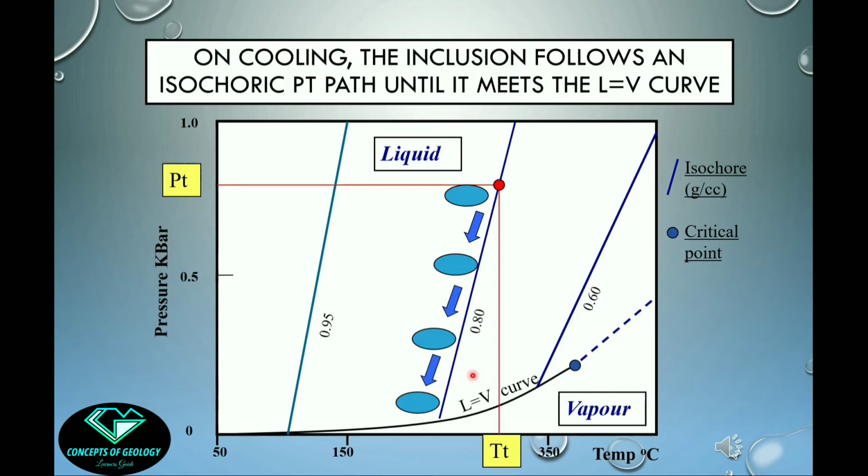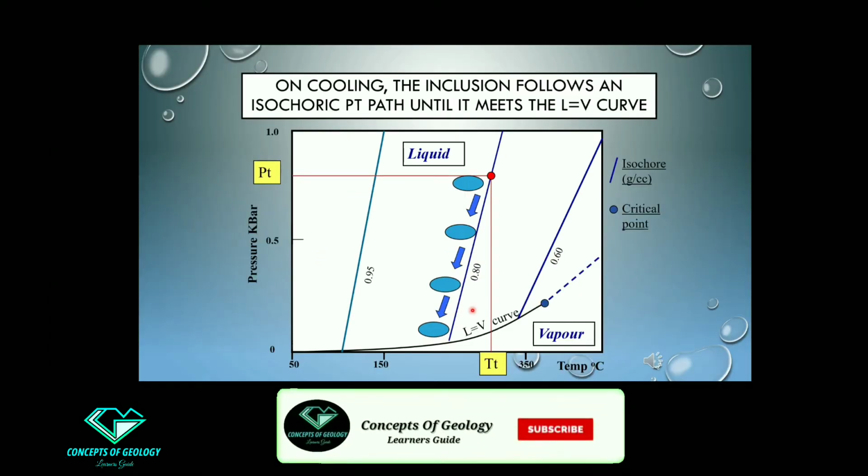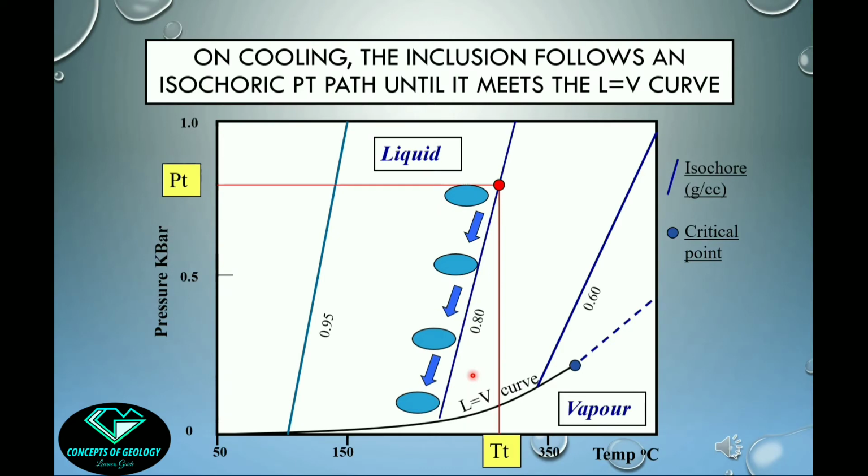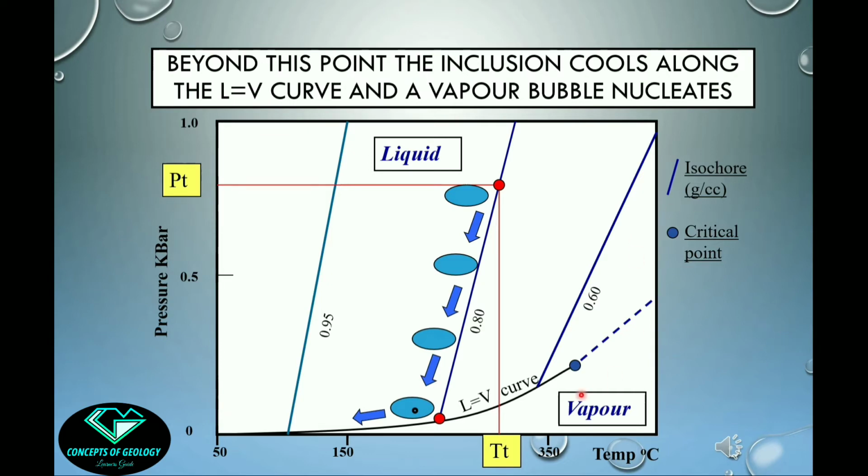During this period, definitely the temperature of the inclusion is getting decreased, but the pressure is also decreased in such a manner that the density of the inclusion is maintained within the cavity. So till now we do not have any shrinking inside the inclusion, but as soon as the pressure temperature coordinate of the inclusion is touching this L equal to V curve, we will have a nucleation of the vapor bubble. So we are having the first nucleus of the vapor bubble here.